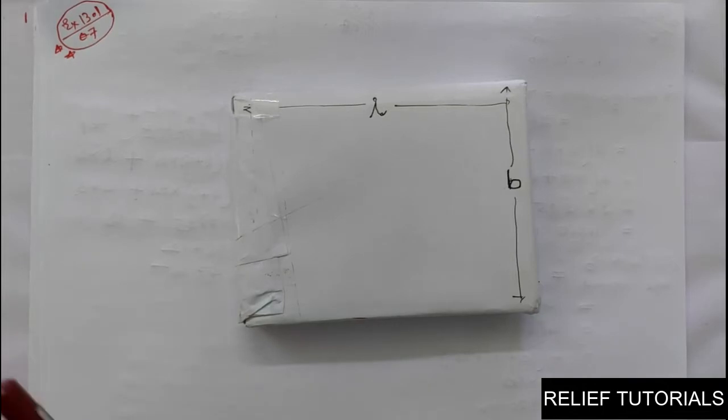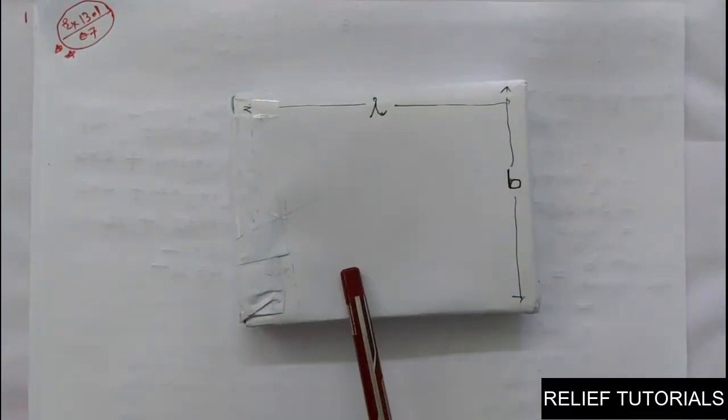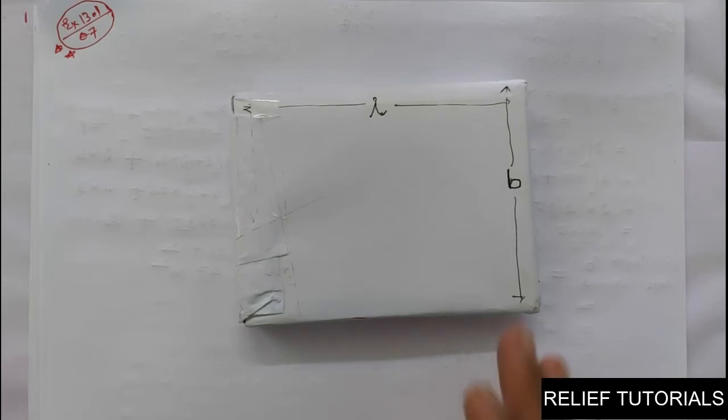So for the extra overlap, how much cardboard is required? 5% of the total surface area. So you want to find the total surface area of a box and 5% extra for overlaps. If the cost of cardboard is rupees 4 for 1000 centimeter square, so per 1000 centimeter square the cost is rupees 4, then find the cost of cardboard required for supplying 250 boxes of each kind. So read the question properly.